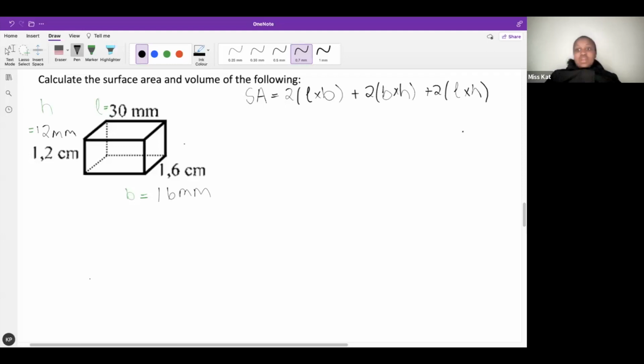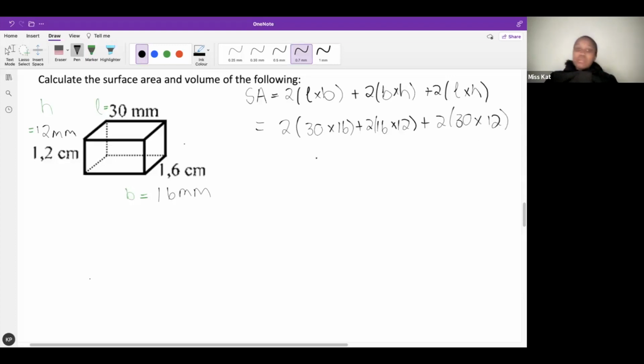times height. If you forget it, just know everyone must be multiplied with everyone. Make sure you multiply length with breadth and with height. Check, we've done it. Breadth must be multiplied with length and height. We've done it. Height must be multiplied with length and breadth. We've done it. Okay, now let's substitute. Twice my length is 30 times 16 plus twice 16 times 12 plus twice 30 times